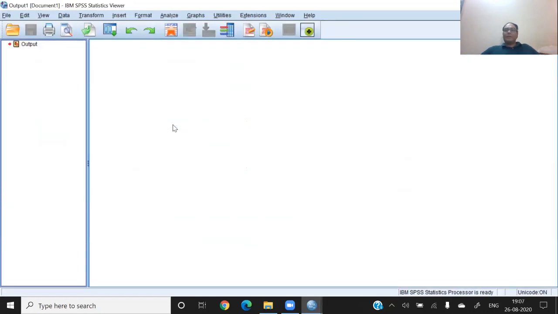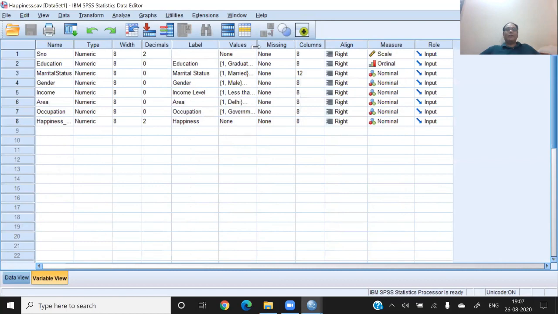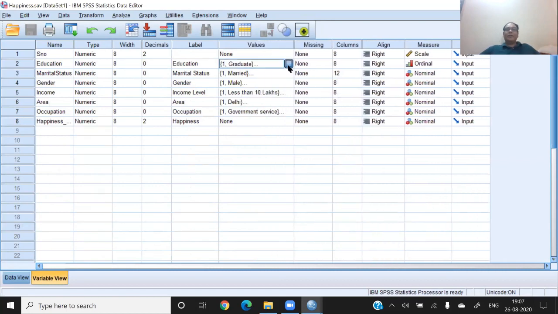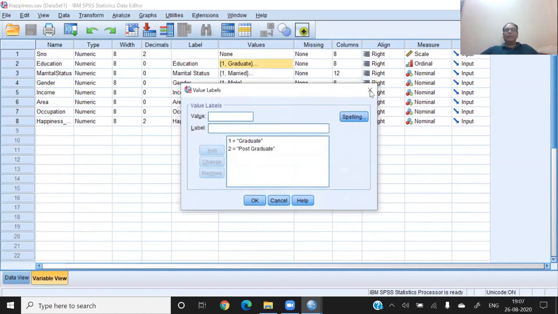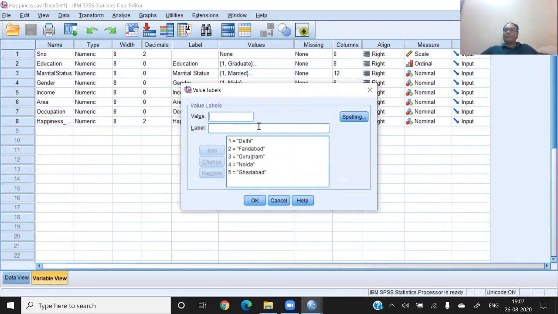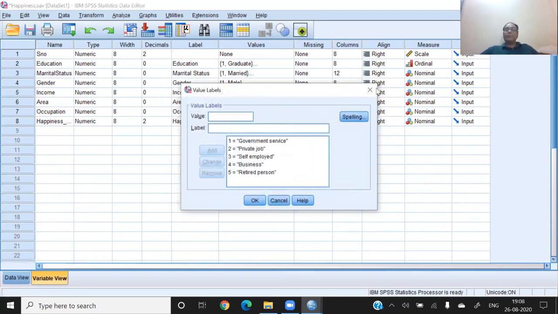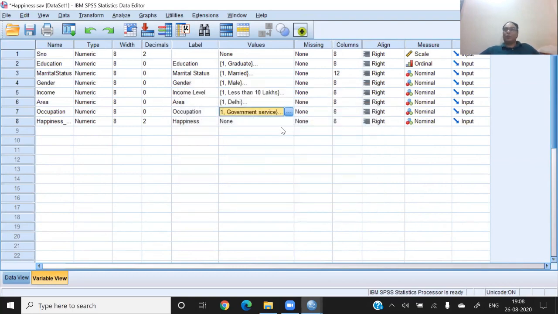In this example, this is the happiness score, and we are having respondents of different education level, marital status, male and female, income level, where they live, and occupation, and the happiness score.